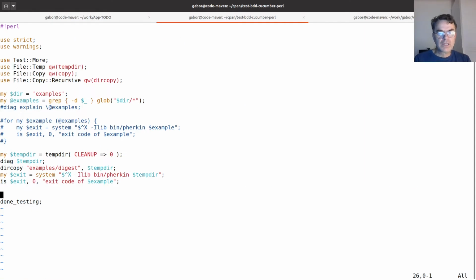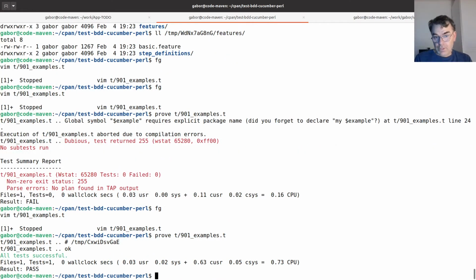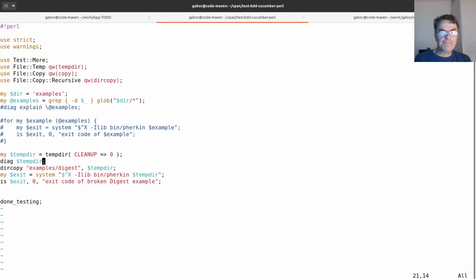Okay, it didn't like me. Example, exit code of broken digest example. Okay, so far it's 0. But first of all I change it back to clean up afterwards, so I won't have the directory there. I don't need this diag anymore. And what I would like to have now is